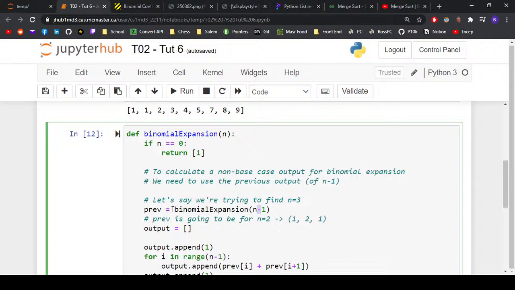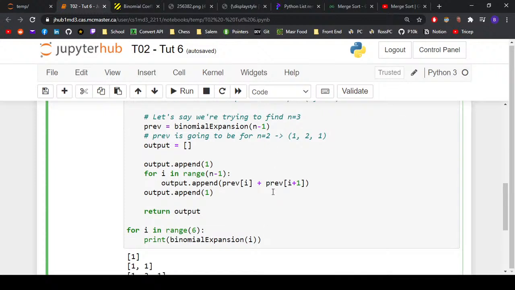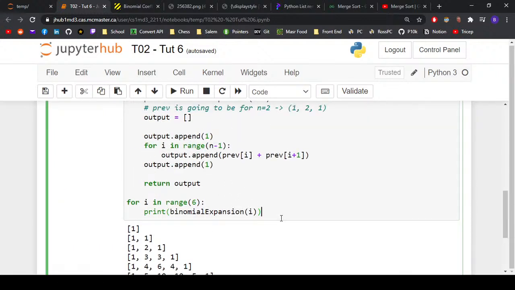So when n is equal to 2, Python is kind of stuck here until it actually finds the value of binomial expansion at n equals 1. And when n equals 1, and it's running this function, it's stuck here until it finds n equals 0, which is instant because it just returns. So you can kind of see how we're going down the recursion and then back up the recursion, right? The way that kind of happens is that